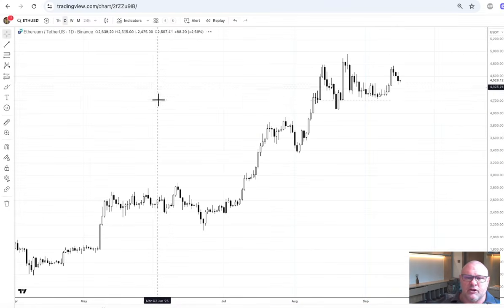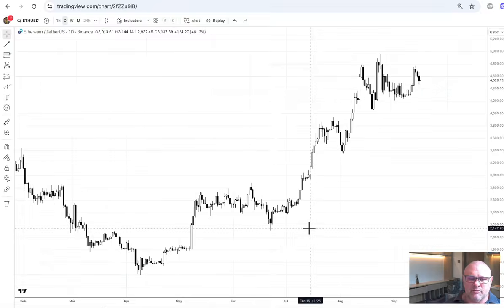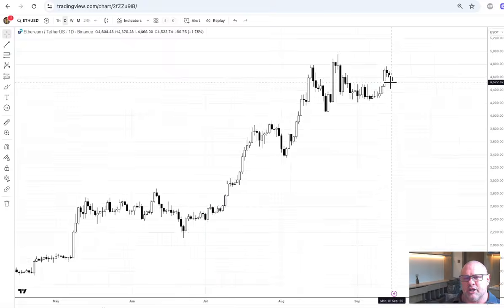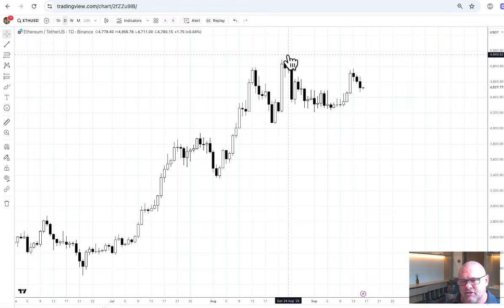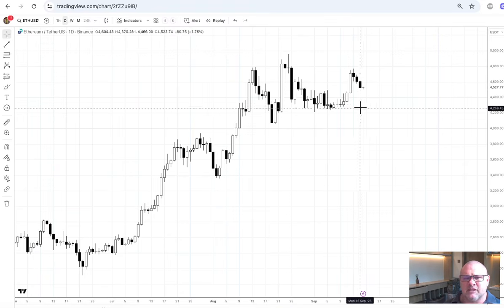The next thing I want to look at is a couple of the majors. So I want to look at Ethereum. I mean, Ethereum's absolutely in an uptrend, and it's been going down for 3 days after going up and really sideways for about a month after hitting $5,000. So sideways for a month is not particularly concerning after we see this type of price action before.